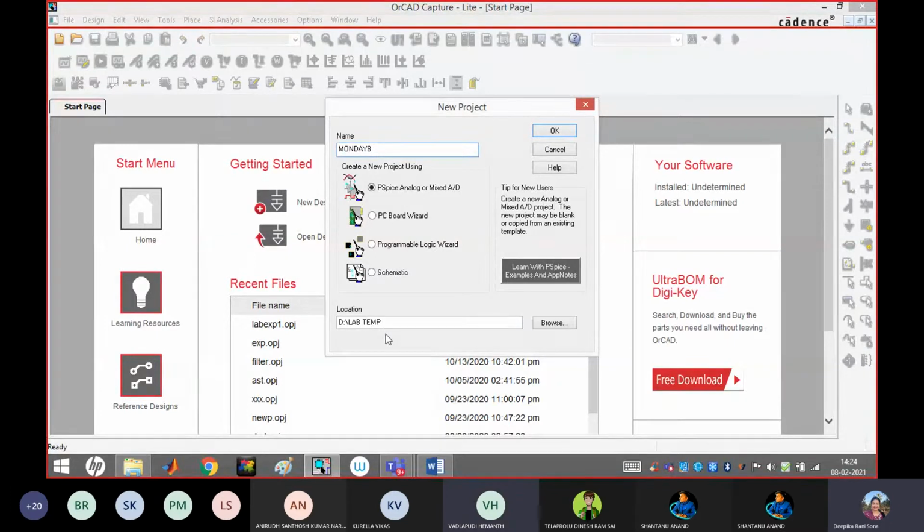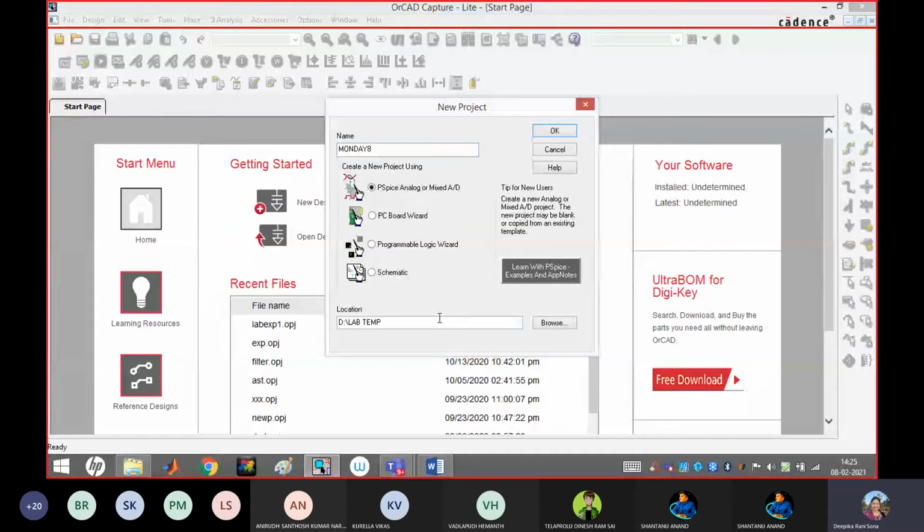Ma'am, I'm not getting this one, like the initial page. Which one you are not getting? I'm getting something different. Those who are not getting, at least just look at the screen. I will solve your issue after explaining. At least let others do. Those who got, you just look at my screen. Later you just share your screen, I'll check the issue.